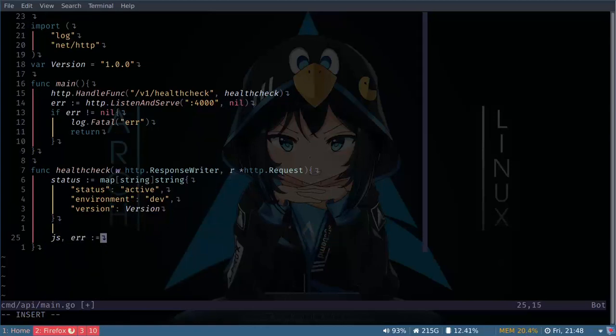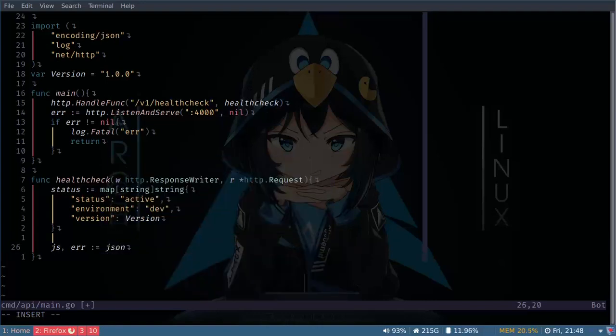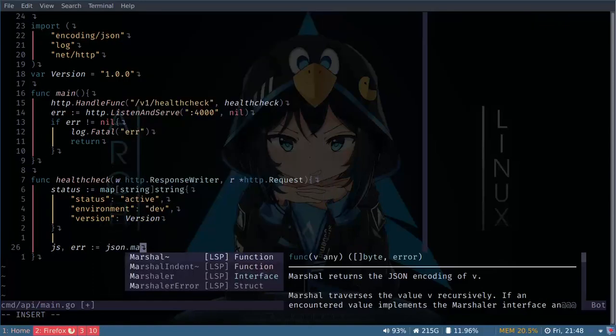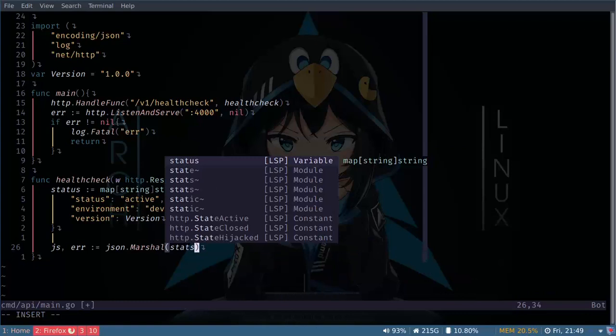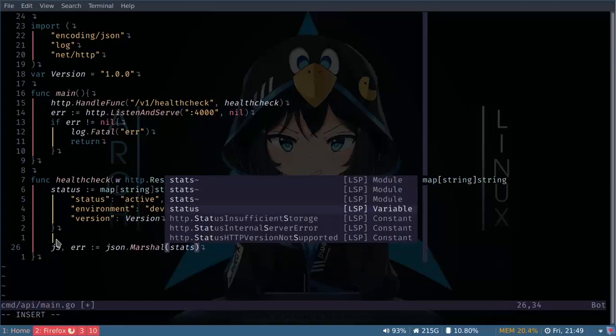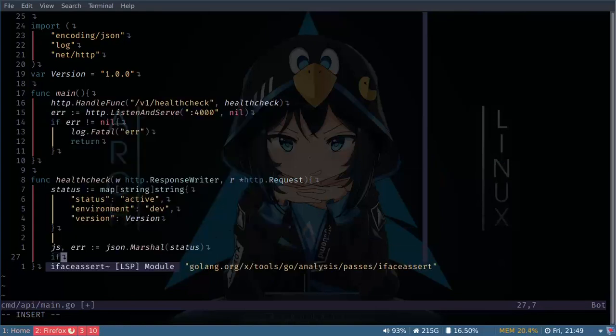If you have used Marshal, we're going to encode this status into bytes. We are trying to transform this into JSON, so we're going to use the JSON package, and in the JSON package we have a function called Marshal, json.Marshal. In here it's going to take the status, and what json.Marshal does is it returns bytes of whatever you have passed in and an error. So first thing is to check for the error. So if error is not equal to nil,